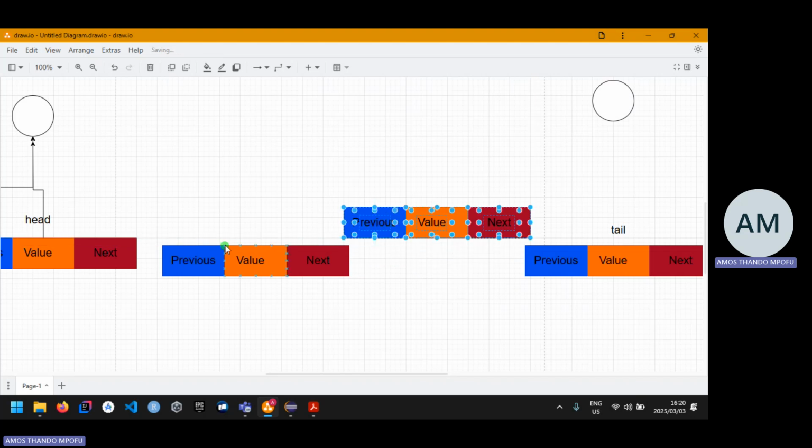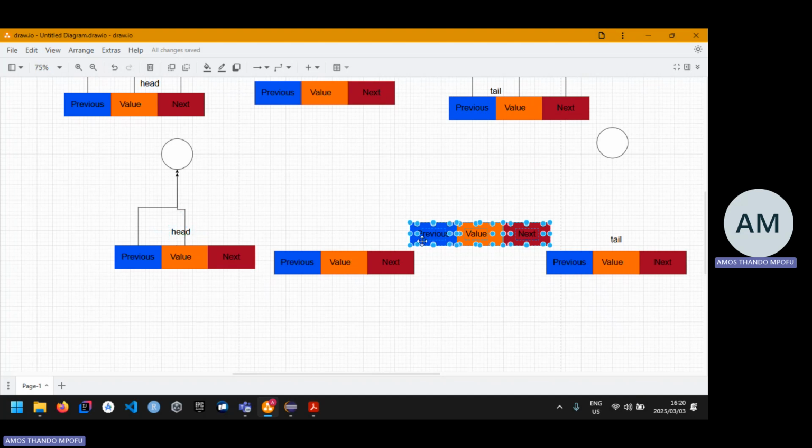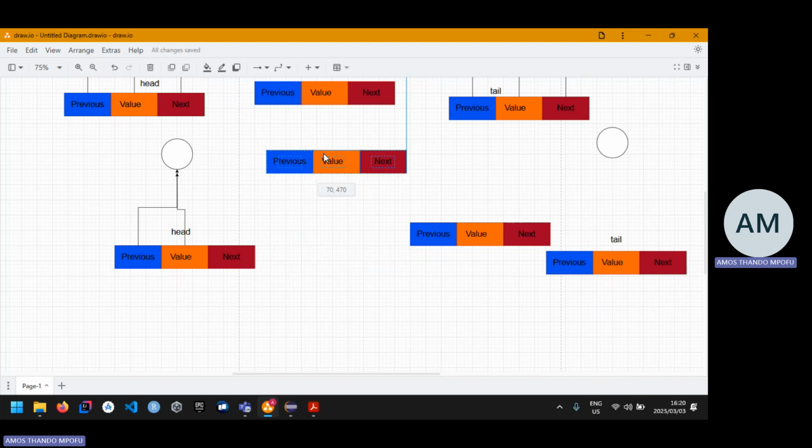So as you can see, we start achieving sort of like an array. So we're gonna put them in the right order in which we got the values from the array. We're gonna have the same order. So that's why I'm gonna use the add last method. So let me put them a bit up. So after adding this first node, it's gonna be like this. Next is gonna point to it. Then its next is gonna point to the tail, and then the tail's previous is now gonna point to that